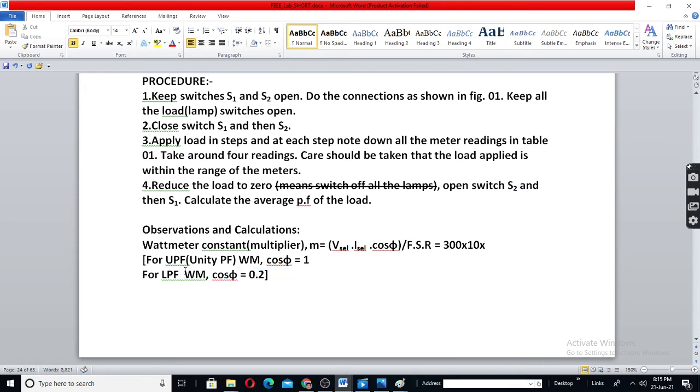I will erase this in the manual. More of this will be said in the theory or instruction class. Because if I write more here in the manual, for the examination also you will have to write more. For a UPF wattmeter, cos phi is 1, unity. And then there is the full scale reading.